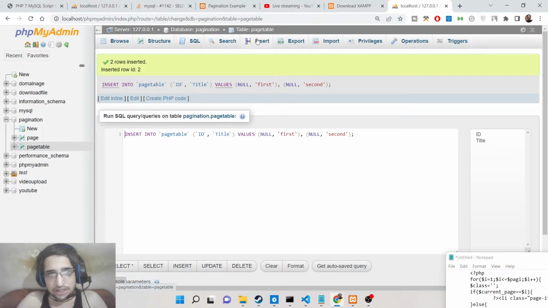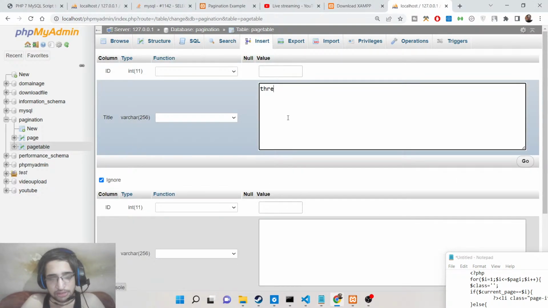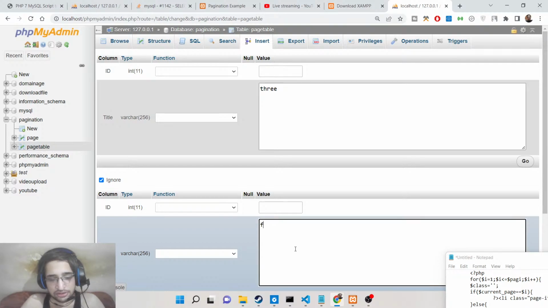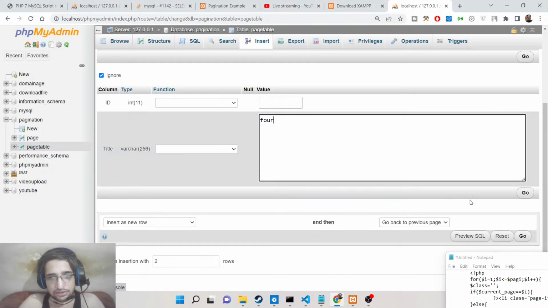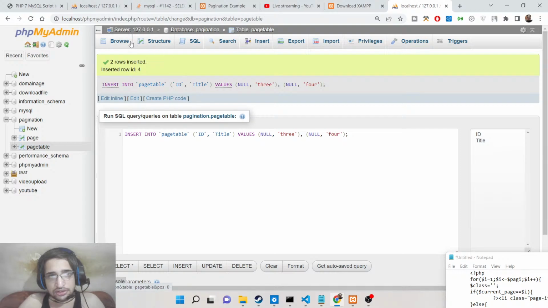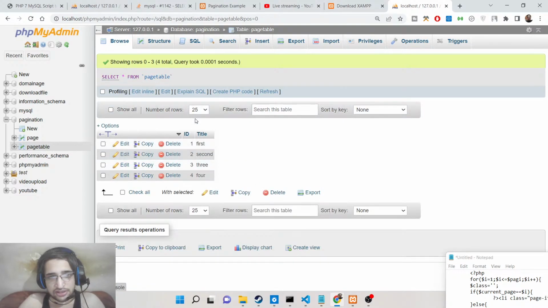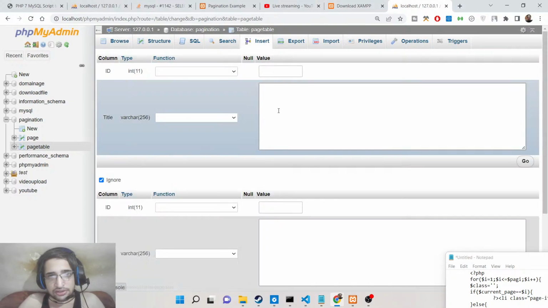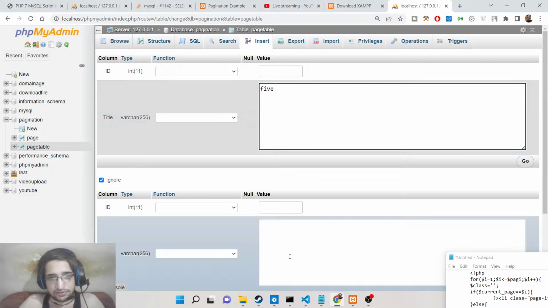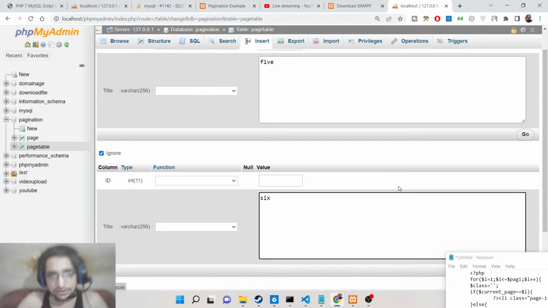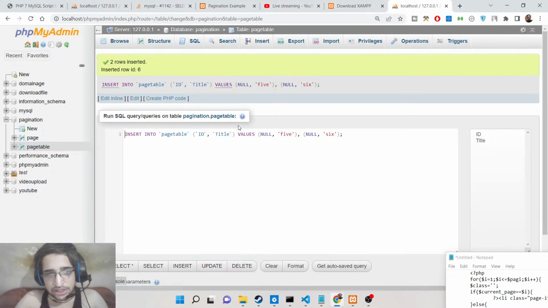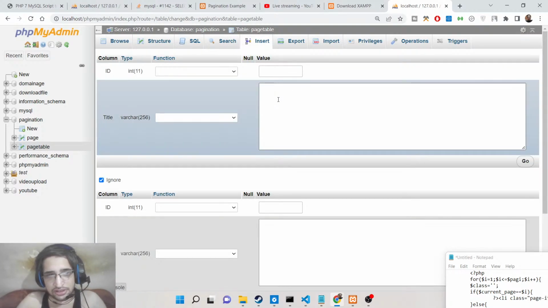So 2 entries are being inserted. In a similar manner, we can insert more entries like this. So if you now see, 4 entries are there. So we can insert some more entries here, 5, 6. I'm just taking some random test data. Depending upon your application, you will insert some more data,